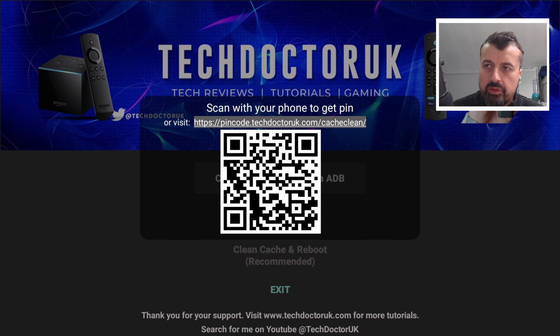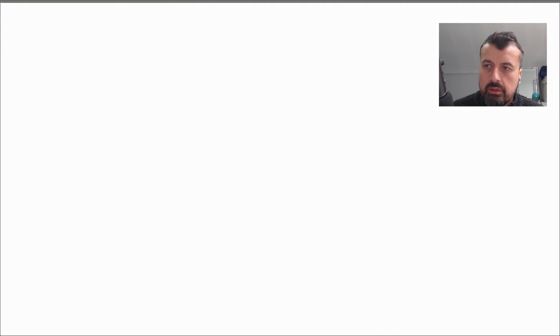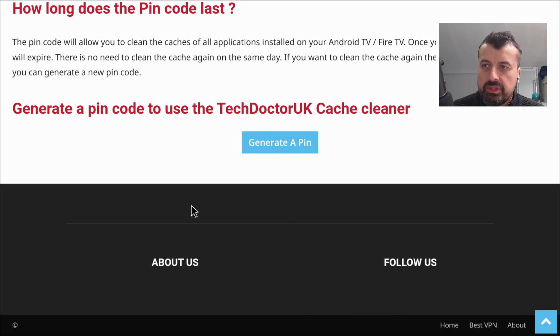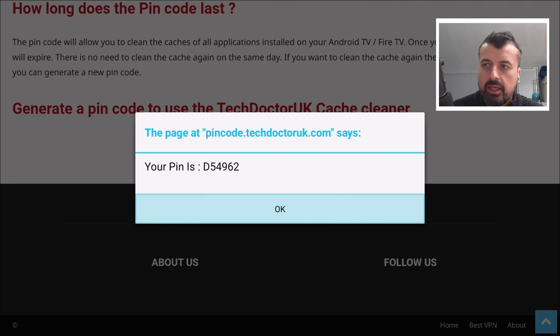I can now press down on the remote, click on that URL, and that should automatically now launch the browser installed on your Android TV device. And we can see in my case, it's now launching Puffin TV. So again, I can now scroll down, get to the bottom, click on generate a PIN, one click, and we now get that 6-digit code, which is